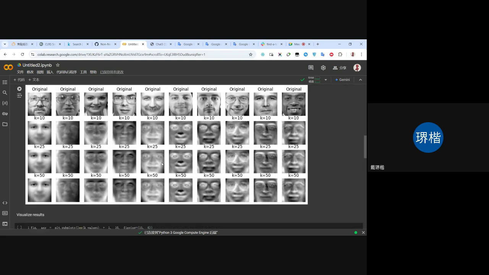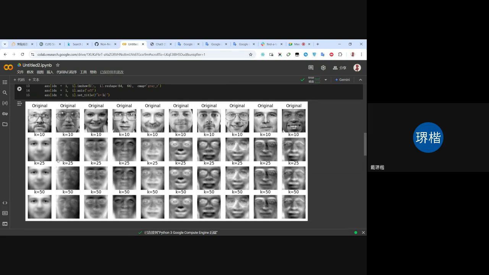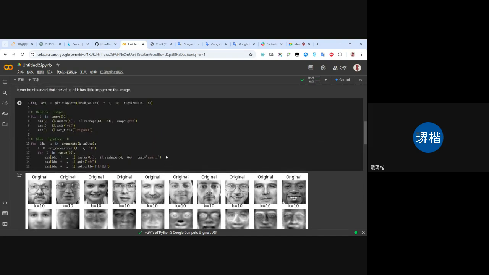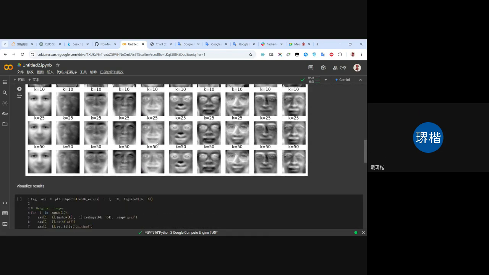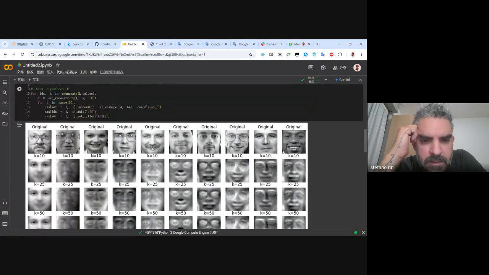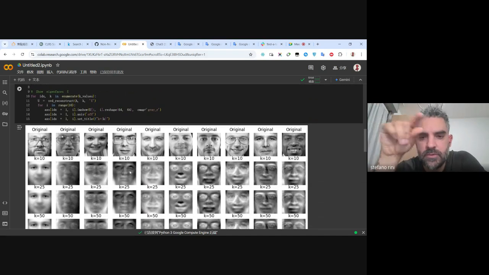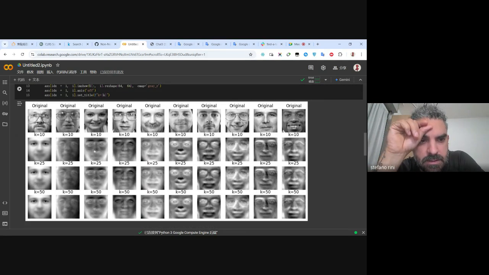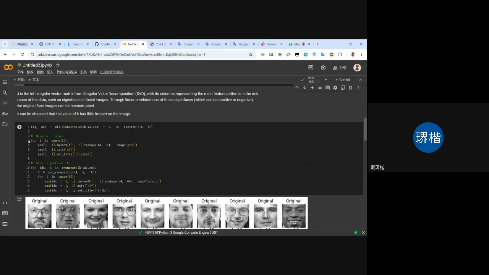From the graph we can see that as K increases, the graph of UK does not change, or only a little. Wait a second. So all the rows are the same, right? I mean, this first one is row UK. But you only have 2 rows, right? Rows 3 and 4 are the same. Rows 2, 3, and 4 are the same, right?